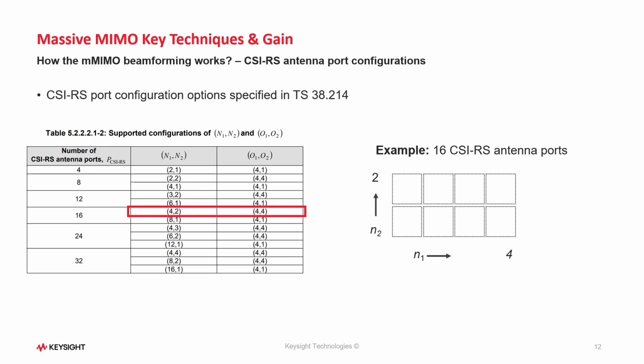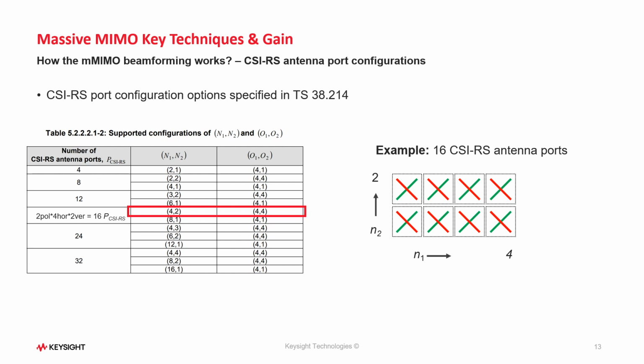N1 defines the number of antenna elements in horizontal domain, meaning the number of columns of the antenna array, and N2 defines the number of vertical domain antenna elements, meaning the number of rows in the antenna array. So there is a planar array with 8 elements in this case. When adding the polarization, we get 16 antenna ports altogether, 8 for both polarizations. This is how the